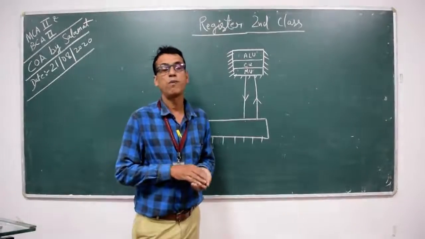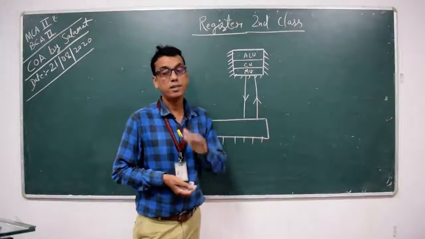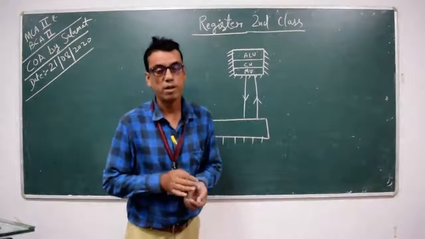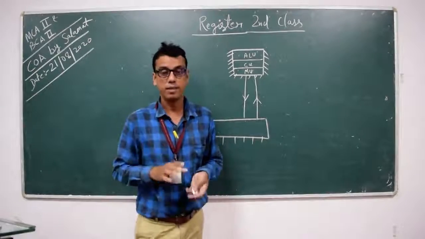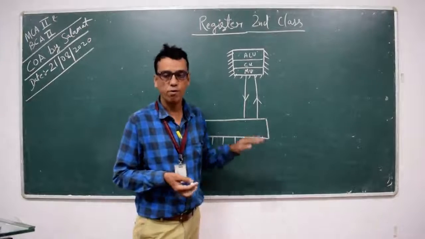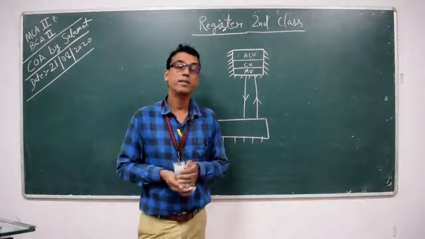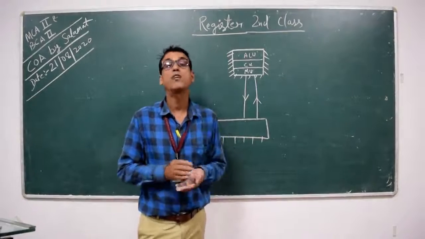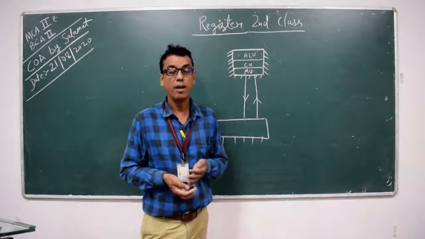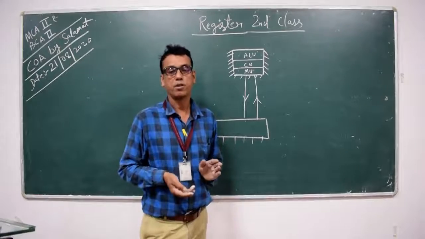What is the full form of ALU? Arithmetical and logical unit. This section of the microprocessor processes the data according to the instructions sent by your program from main memory. The microprocessor is a device which is designed to process data. And who processes the data? The ALU section of the microprocessor.